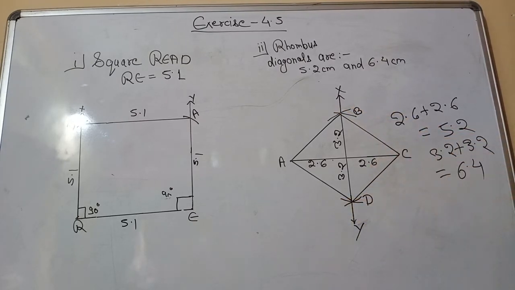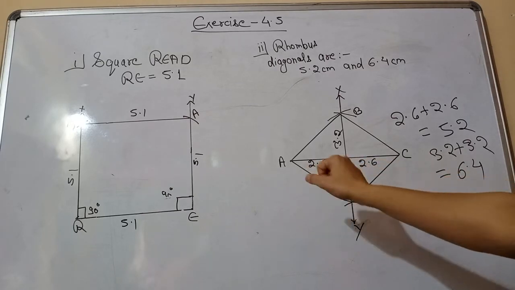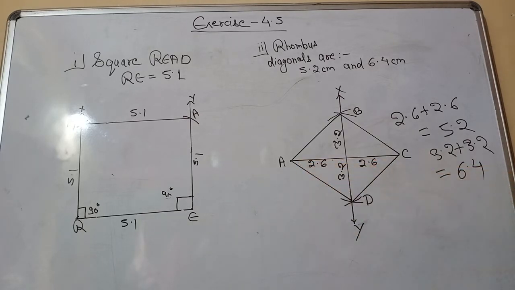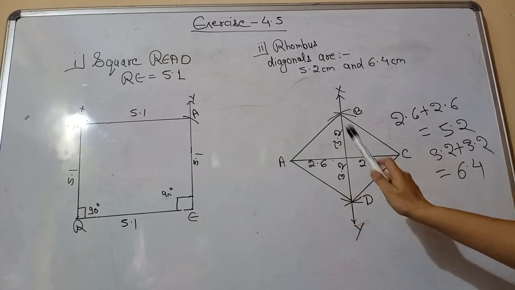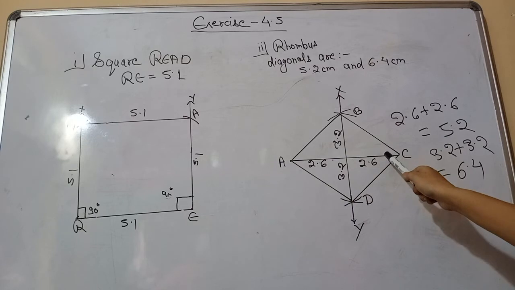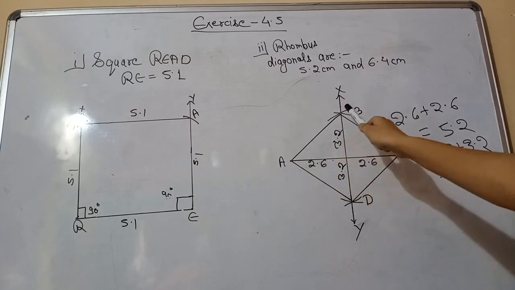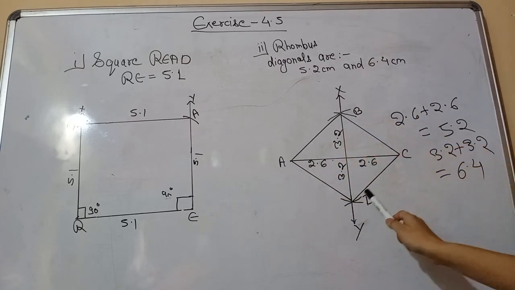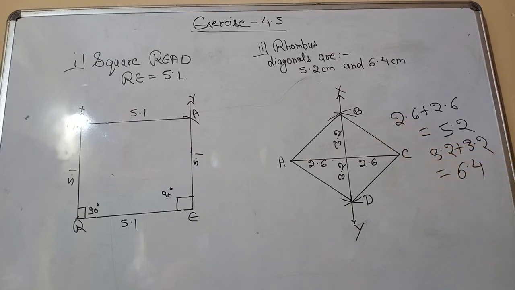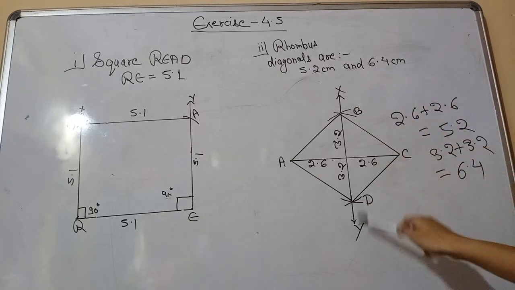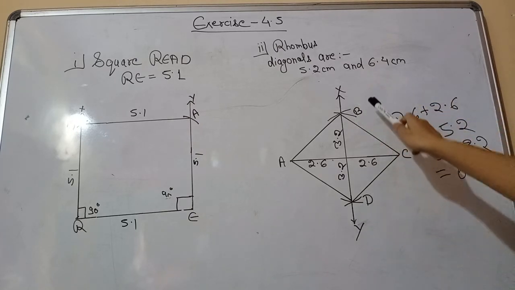Now next thing, you have to repeat the same step with point A. Means put your divider on A, open your divider more than half of AC, then intersect the previous arc like this, and here also downside like this. Now you will get two intersection points, that is B and that is D. Okay, now join one line and mark it as B and D.